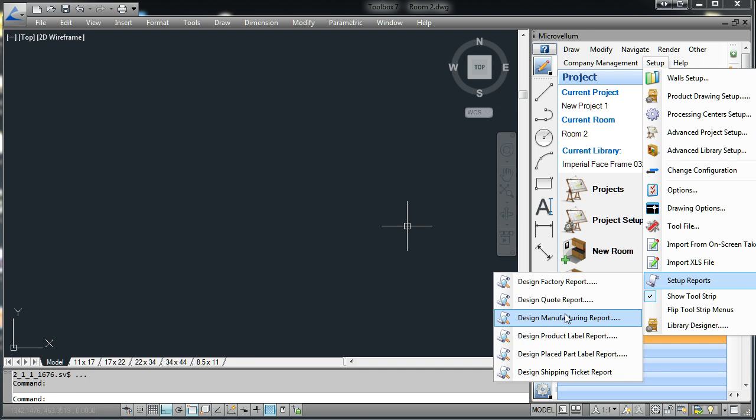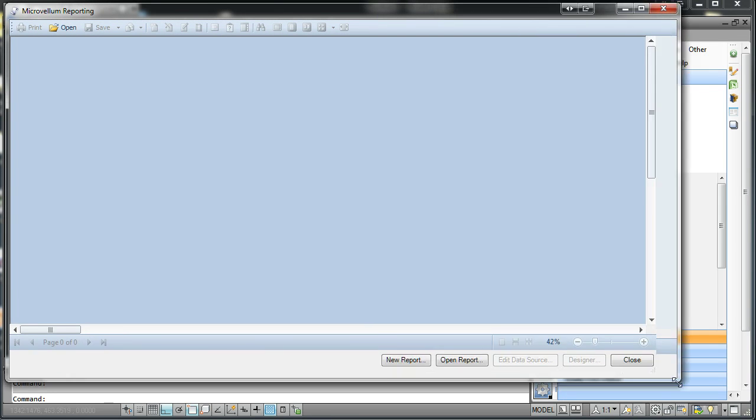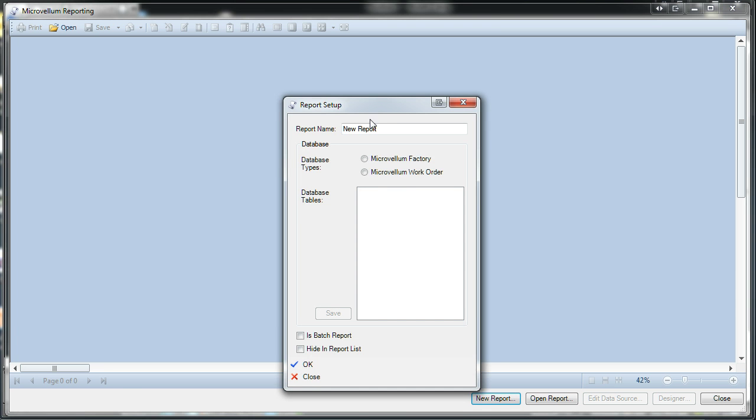So what we'll do to start out, when we're going to create one, is design a manufacturing report. Most of the reports that you create within Toolbox are going to be manufacturing reports, since we want to report off of data that we have processed. So we'll go ahead and do design manufacturing report, and what we get here is our reporting interface. And this isn't the designer yet, this is just our screen to be able to create or open up a report. And you'll see here at the bottom we have the ability to either create a new report or open up an existing report. So what we'll do is we'll just create a new report,